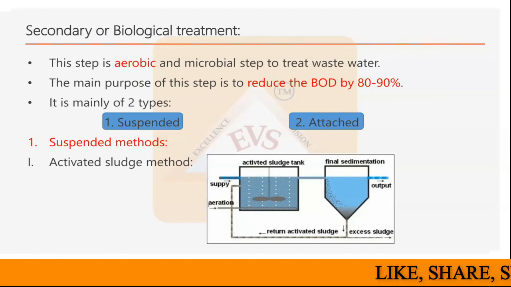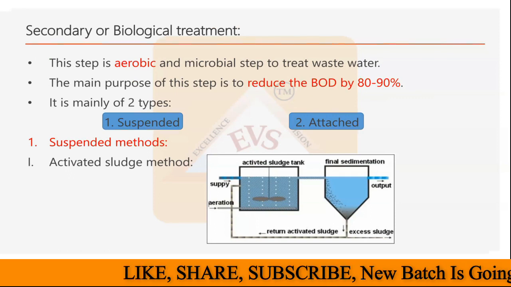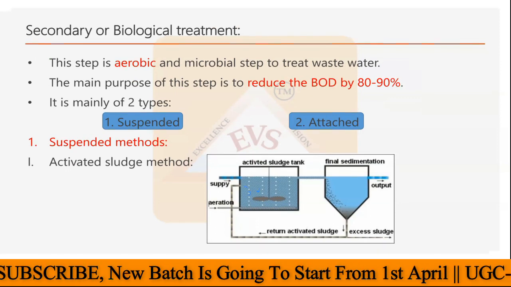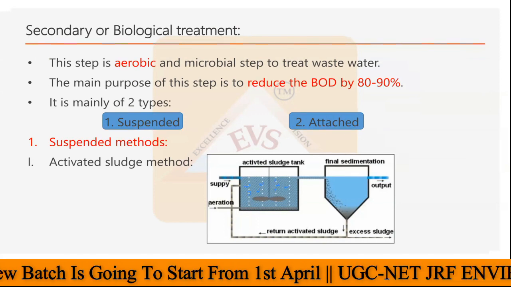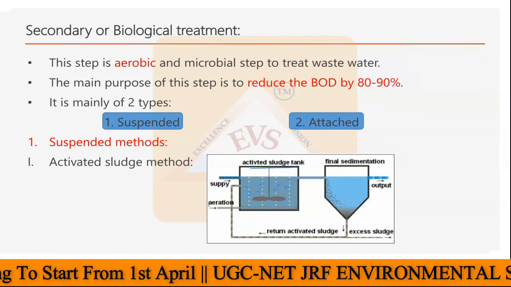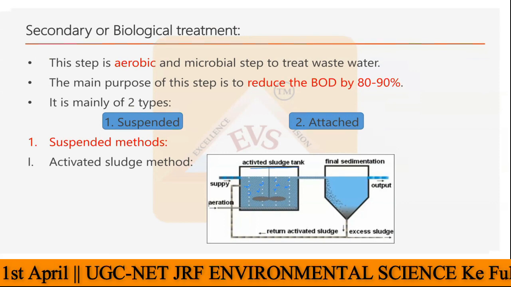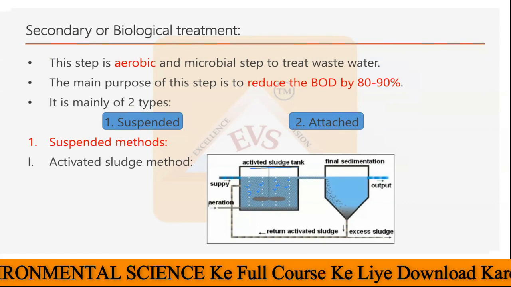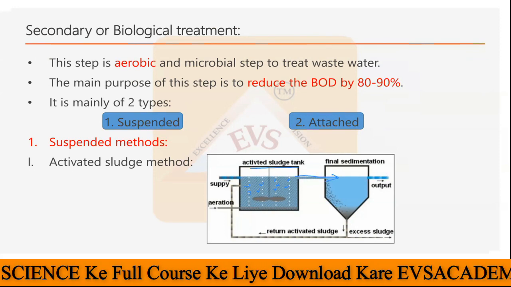Then coming to the secondary or biological treatment. So this is an aerobic process and microbial step. Here the water will come and air is continuously introduced. And this particular tank is called the activated sludge tank because activated microorganisms are present there. So this will degrade all the organic material, and then the degraded material will be sent down to the next